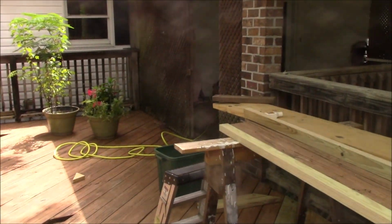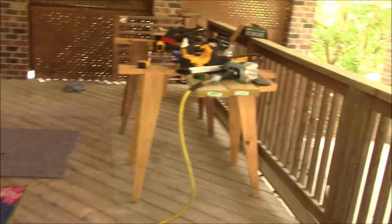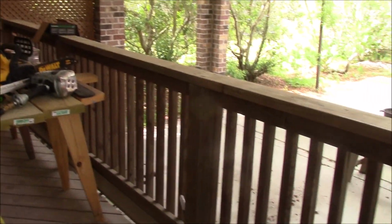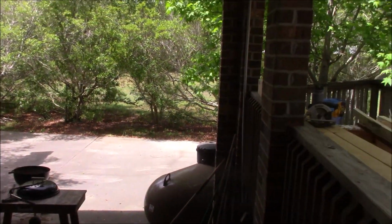I also have a little enclosed deck over here, which I'm using as a workshop right now. But this is, I really like this part of my house. So you can see the